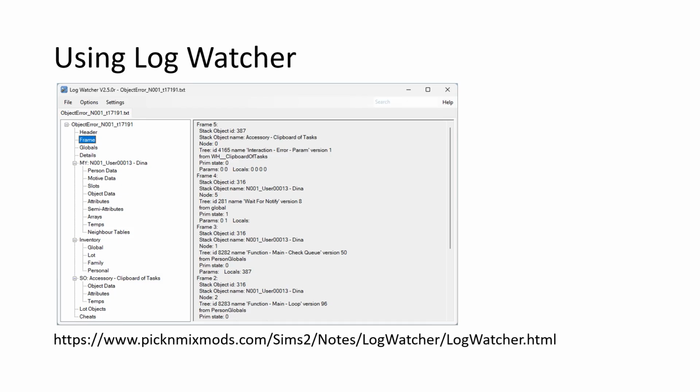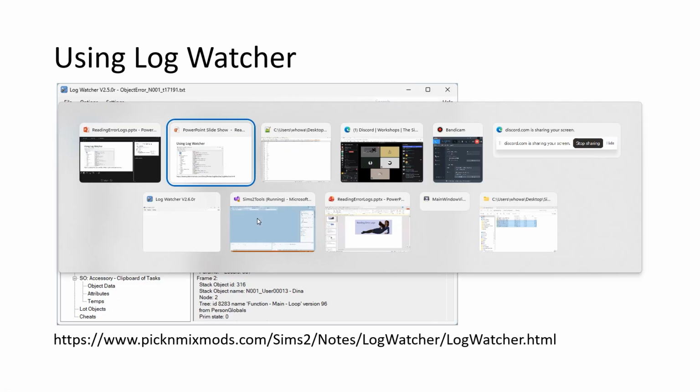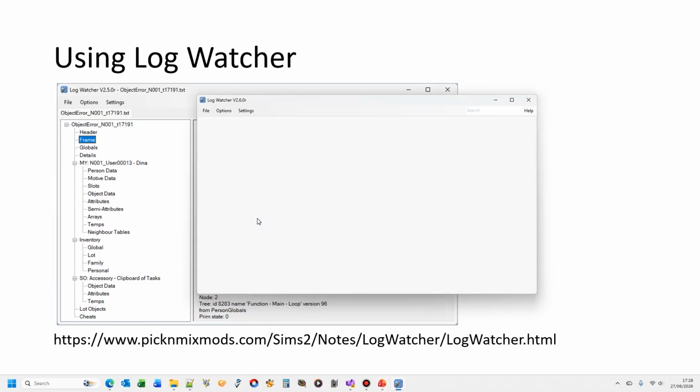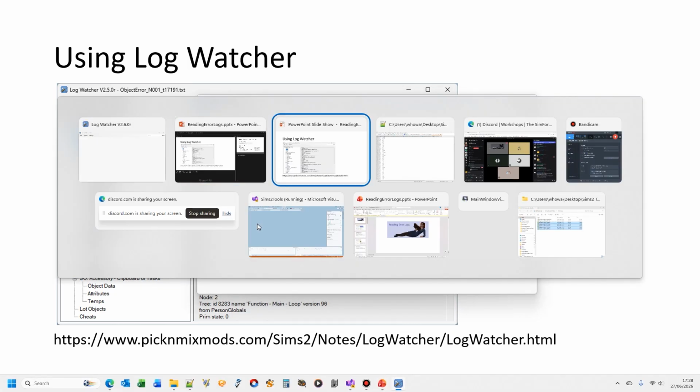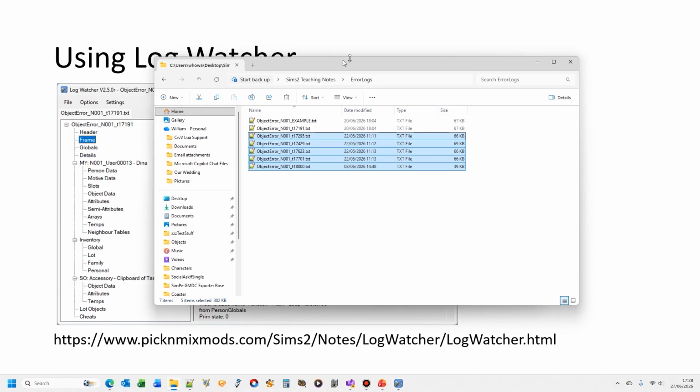So, because I'm a programmer, because I hate reading error logs, and because I hate making mistakes repetitively, I wrote this little application called Log Watcher. And what we're going to do is open the same error log that I just had up in this program called Log Watcher. Should have Log Watcher on the screen. And with any luck, we're going to have